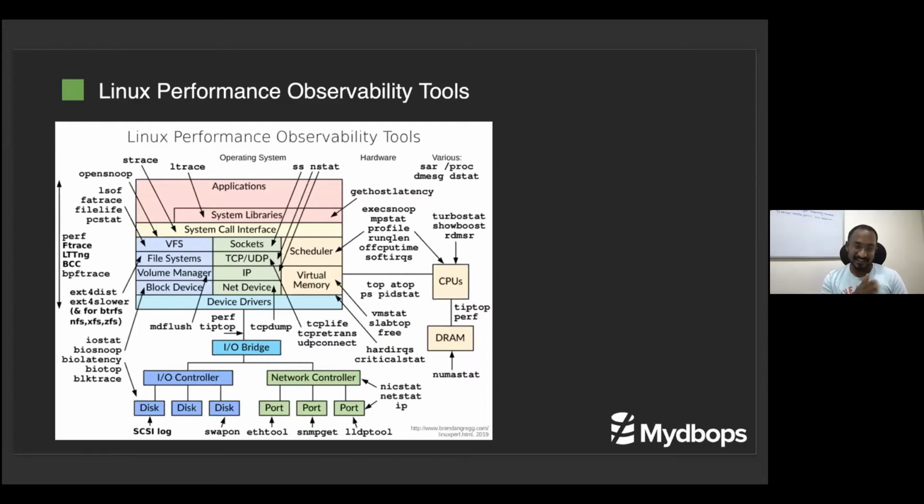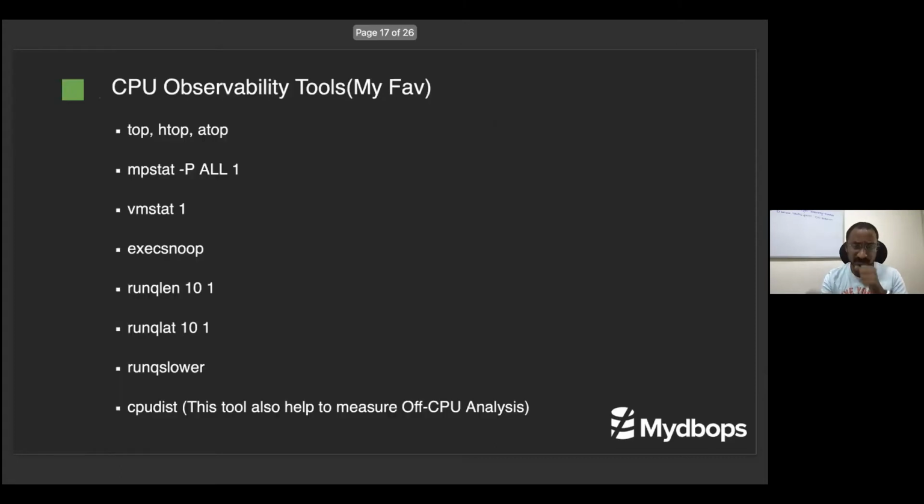So this is one of the observability tool snapshots, and it is also created by Mr. Brendan Gregg. As I told, BFS is one layer, the file system, so you can understand it easily. I just borrowed this from his website. You can also go to his website, and that link will be in the image also. You can find good blogs over there too. This is one of the good images which represents all the tools developed with EPF tools. So finally, we come to the CPU observability tools.